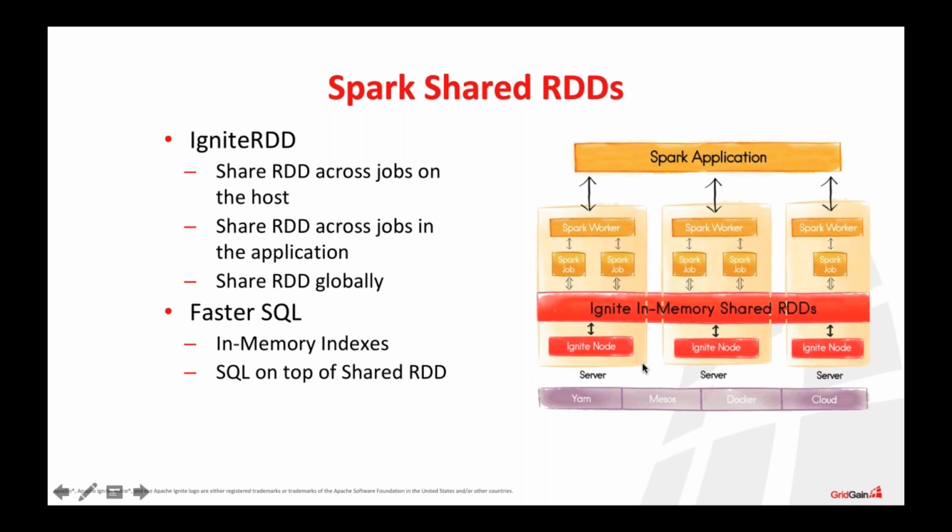And the last thing which makes this integration even more attractive is that, using these shared RDDs as a gateway to our Apache Ignite cluster, you can execute Apache Ignite SQL queries that are much faster than native Spark SQL queries. One of the main reasons why Apache Ignite SQL queries are faster than native Spark SQL queries is that Ignite's SQL engine supports indexing, while Spark doesn't.